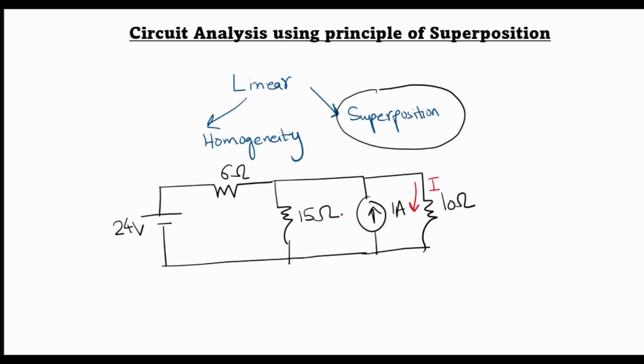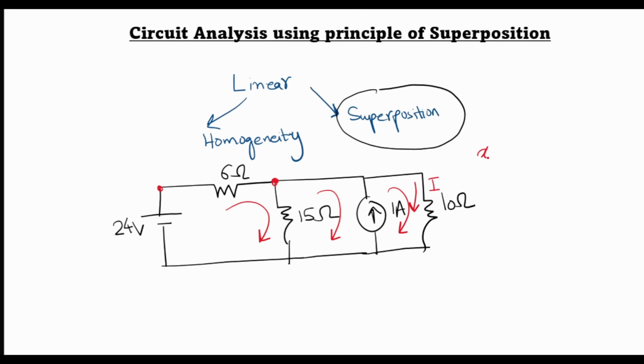Now there are several ways by which we can solve this circuit. We can have loop currents in each of these meshes. We have seen loop analysis in detail. You can watch the video in the link to see how to apply loop analysis. Or we can write node voltage equations. But in this case, the best way to solve this circuit is by using the principle of superposition, which basically says